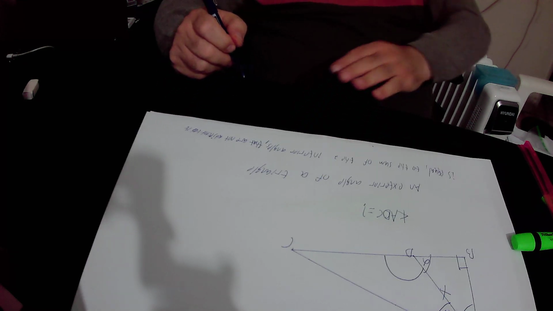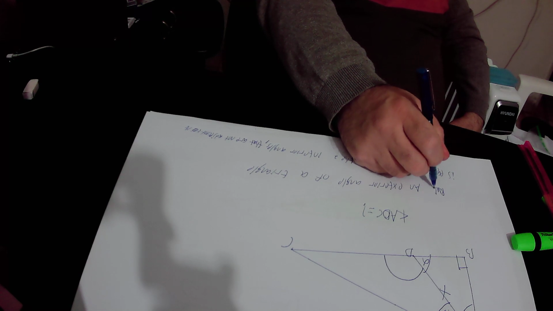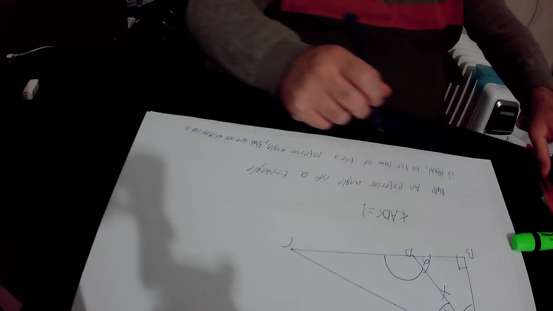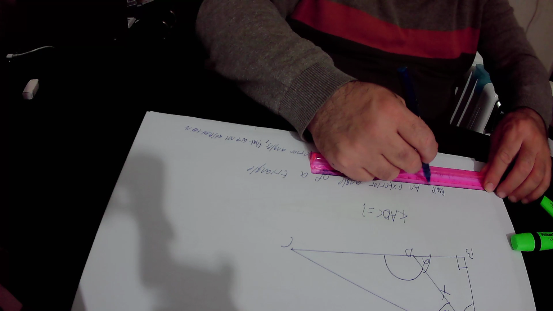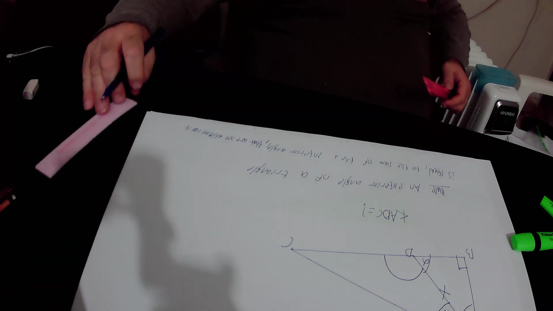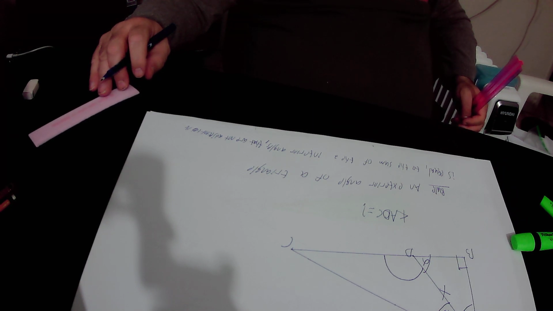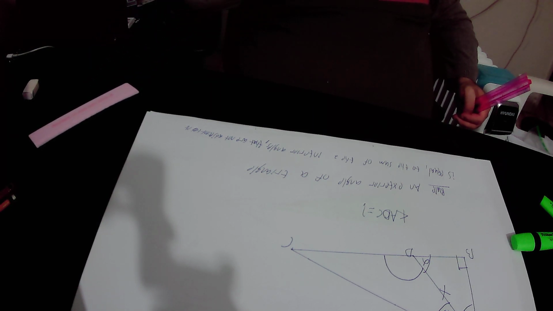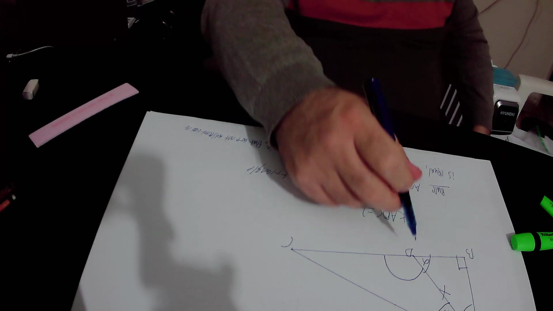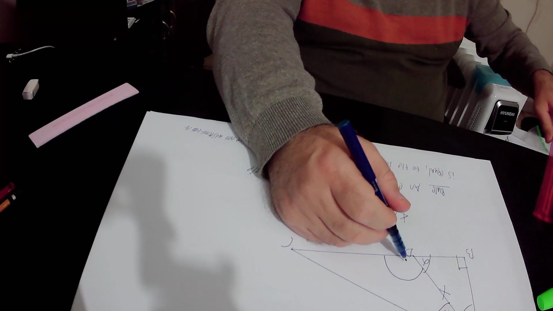I will read the rule again. According to the rule that I wrote down, an external angle of a triangle is equal to the sum of the two interior angles that are not adjacent to it. So the value of this external angle, I will repeat again,